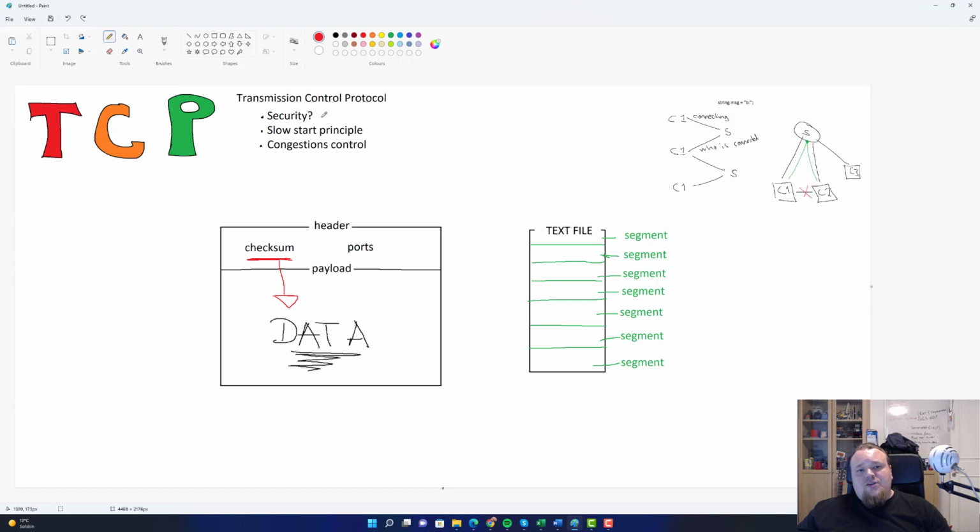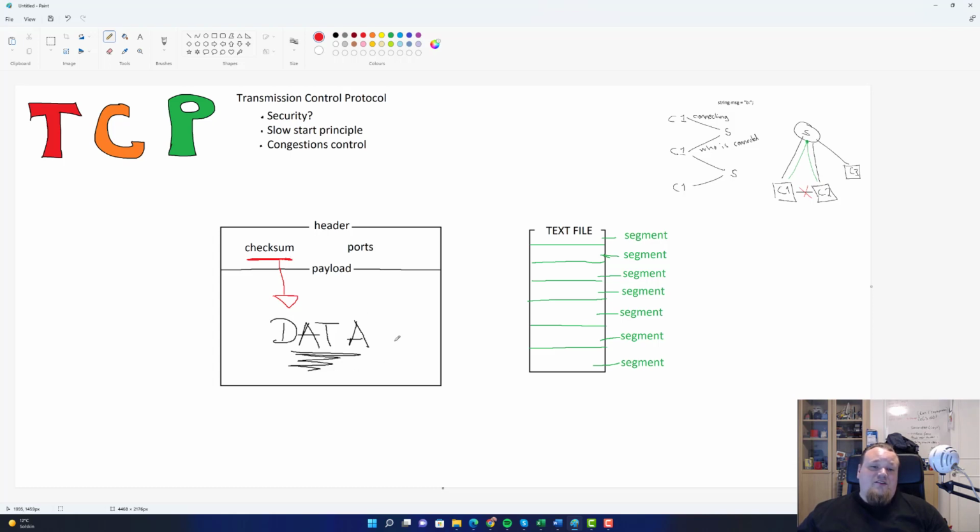So, security. Now that we understand a few more things about the TCP protocol, we're going to get to the part about security. There is no way for us to verify, let's assume that someone changes the data part here and changes the checksum, there's no way for us to know it. Not even the TCP protocol provides a way to verify whether the data is changed.